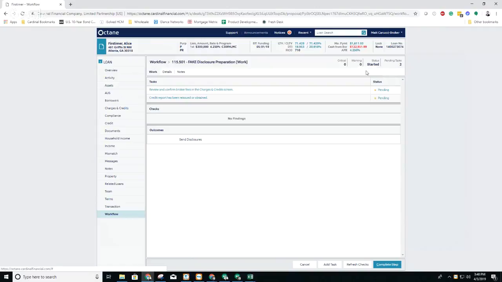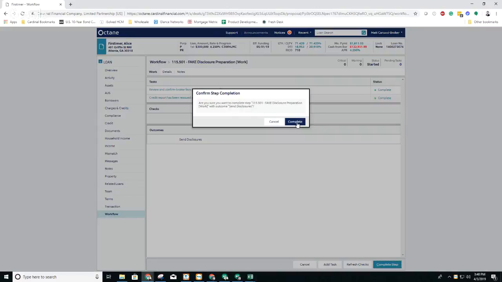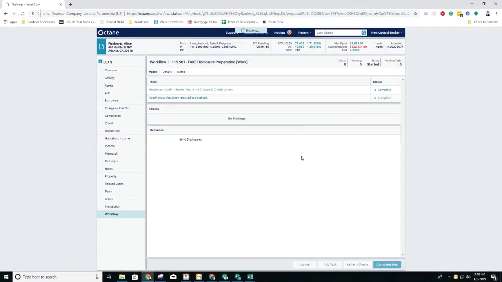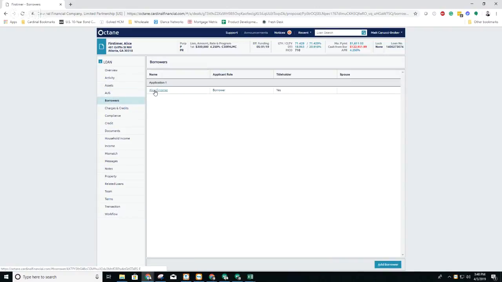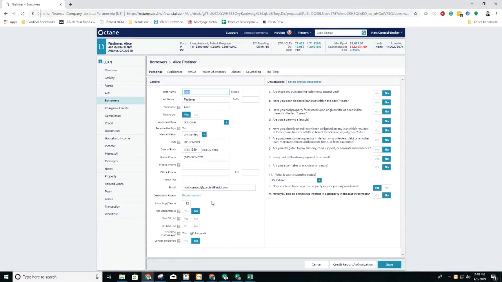I can complete this task. I know I've pulled in my credit report, so I can complete this task. Now I can complete this step and send disclosures directly to my borrower. Once I complete this step, I will want to go to the borrower screen, click into my borrower, and provide them with